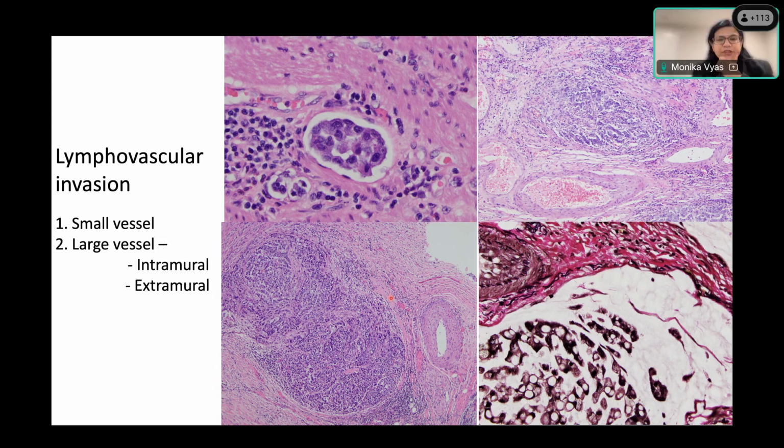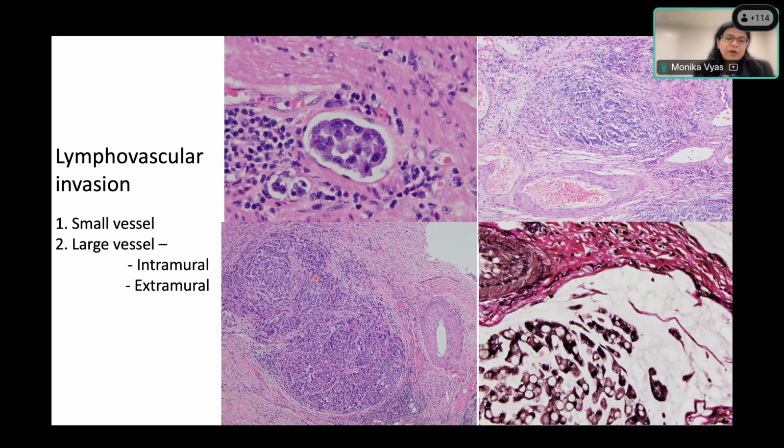Okay, so we talked about small vessel invasion, which is involvement of lymphatics by tumor. And so the next thing is large vessel invasion. What offers you a clue that there might be large vessel invasion is the presence of these naked arteries. So you see a thick-walled vessel, but there is no accompanying vein next to this vessel. So we can't explain that, right? Where did the vein go?